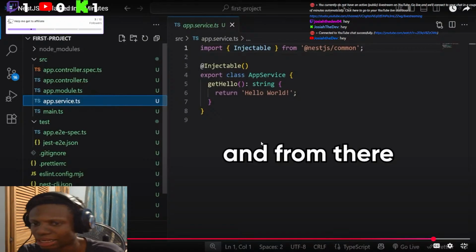But then another issue you run into is that now you have a bunch of files in your IDE. So it's like, choose your poison: do you want a bunch of files, or do you want a bunch of code in one file?